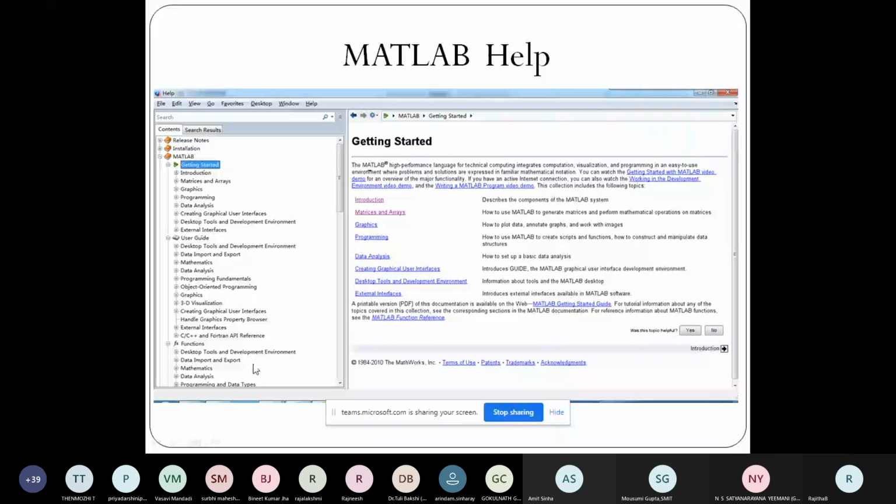If you want specific knowledge on a particular domain, you can just click on that and get the complete information on that particular tool, with sample examples of how to use it. There are also demos present, like the working in the development environment video demo. So MATLAB has given all the facilities to be user-friendly with the coding, and with the demos and live sessions you can get a good idea on how to use this tool.